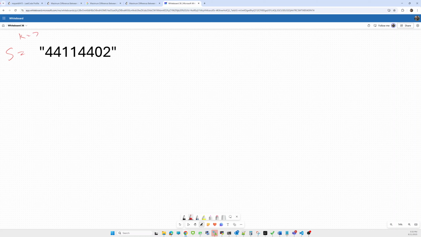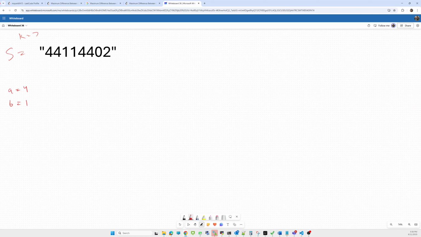Now we want some previous states, and in this problem we reduce the problem statement only to two characters, A and B. Let's say our a value will be 4 and b value will be 1.